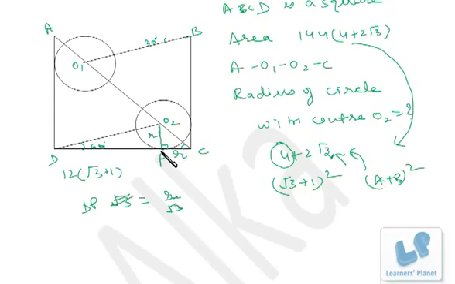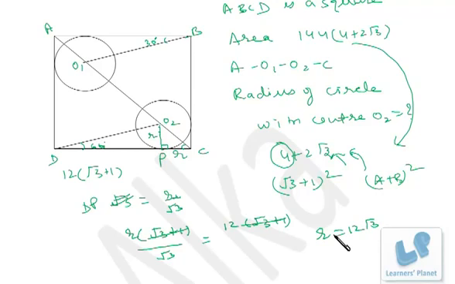So this length is R by root 3, and this length is R. In all, the total size is 12 (root 3 plus 1). That means R plus R by root 3 is 12 (root 3 plus 1). If we add both of them, I take R common: 1 plus 1 upon root 3, so that's (root 3 plus 1) upon root 3, and that is equal to 12 (root 3 plus 1), the side of the square. So what is R? 12 root 3. So the radius of this circle is 12 root 3. Similarly, if it is asked to find the radius of the other circle, that can also be done similarly.